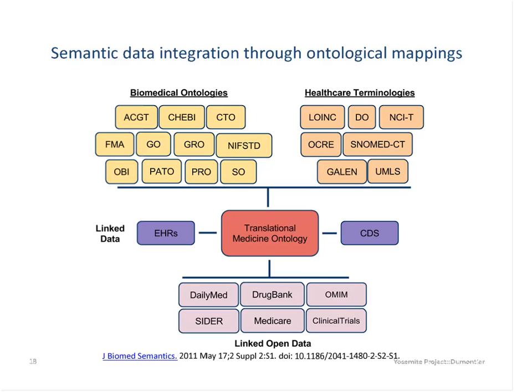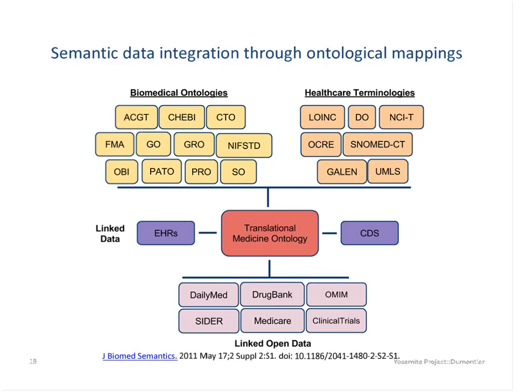Same with the healthcare terminologies. We have a growing number of healthcare terminologies. Thankfully, we have a few standard ones, but even the standard ones don't give you everything that you want. So others like the disease ontology have been attempting to articulate different kinds of terms that are required for the description of diseases, for instance, and linking that then to the existing healthcare terminology so that we can use them interchangeably. So we built a translational medicine ontology, basically an upper and mid-level ontology